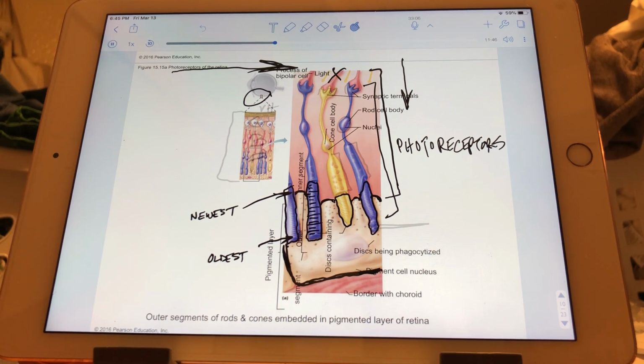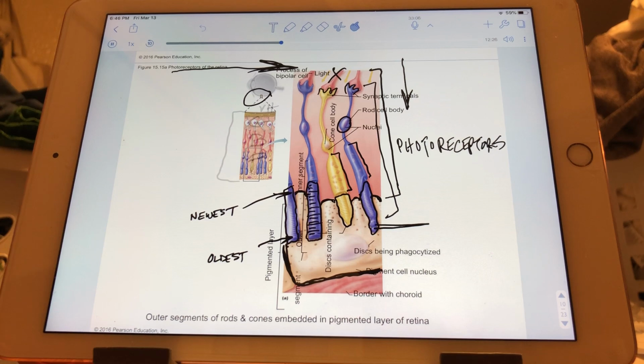Okay? And in fact, these regions of this particular photoreceptor's outer segment are being phagocytosed. Because we're constantly making new, we're also constantly degrading old. Okay? Here's the inner segment, just a bridge really between the soma and the outer segment. Here's the soma or cell body, okay? And then here are synaptic or axon terminals. I don't care, either one's fine.